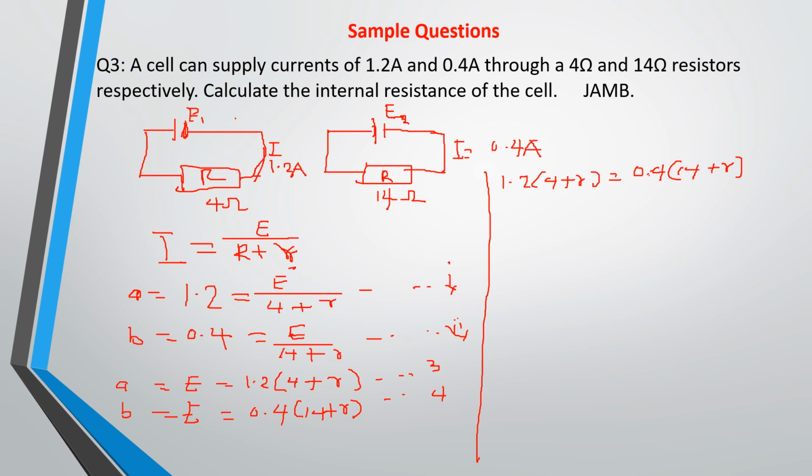1.2 times 4 is equals to 4.8 plus 1.2 R is equals to 0.4 times 14 is equals to 5.6 plus 0.4 R. Okay, so here you cannot take like terms, right? So collect like terms, you have that